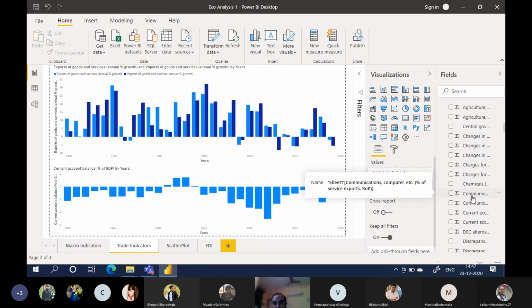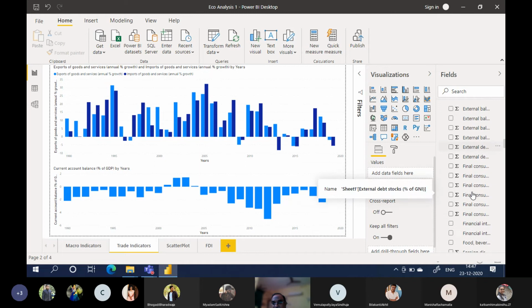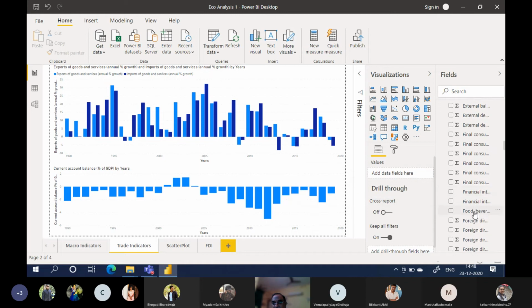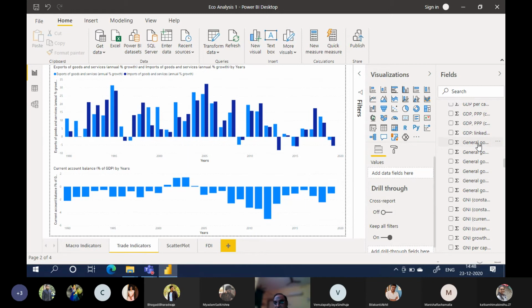Communication, computer, etc. Percentage of current account, discrepancies, exports, final consumption, food and beverages, GDP, general government debt, final consumption expenditure, annual per capita growth.